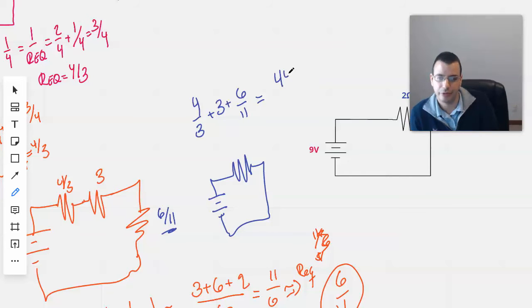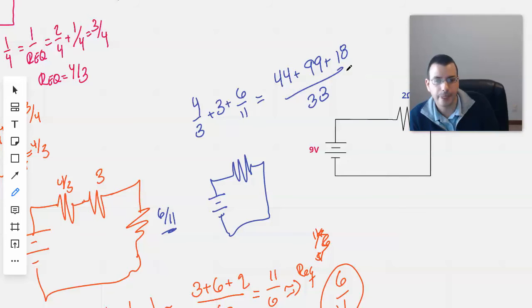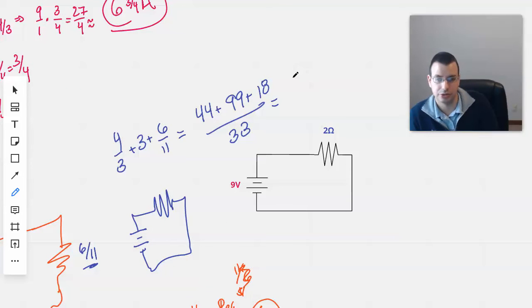So we'd have 44 plus 99 plus 18/33, which is 143 plus 18, make a little arrow there,